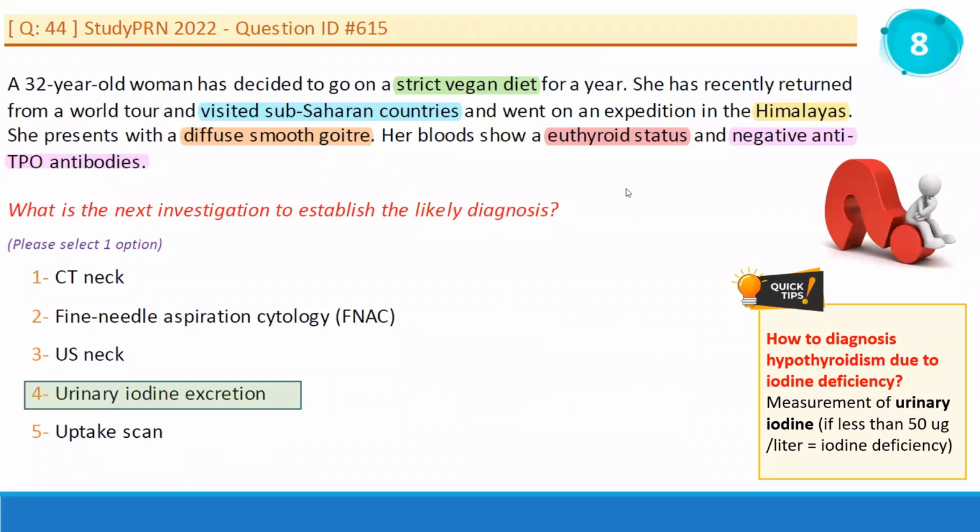Dr. Hanadi asked how to start treatment of hypothyroidism: 1.6 micrograms per kilogram, or start with a small dose like 50 micrograms per day and upgrade the dose within 2 weeks. Actually, I will cover the treatment later, inshallah, in this presentation.